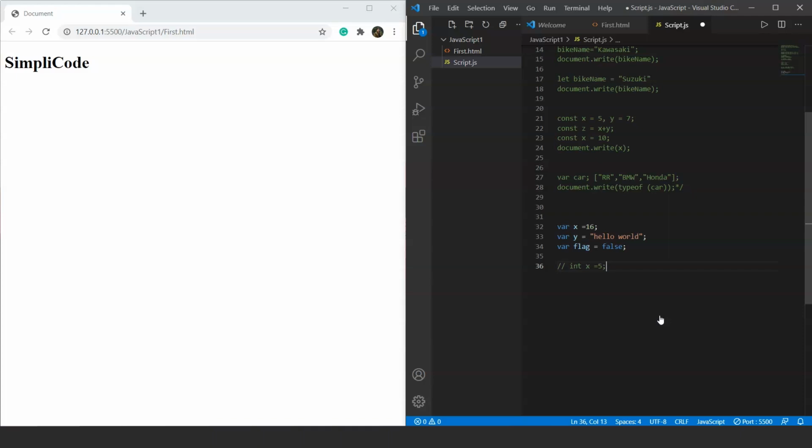So you don't need to worry about if you are passing a number or if you are passing a string. Just relax. When you pass the value to the variable, it will be determined automatically. So these are the three basic primitive data types present in JavaScript, which are number, boolean value and string. So let's move on to the next one, which is undefined.